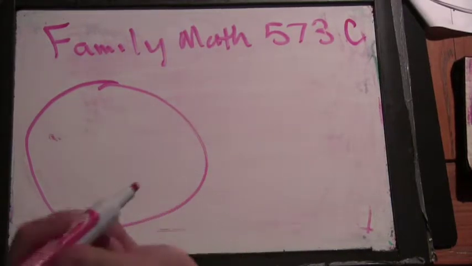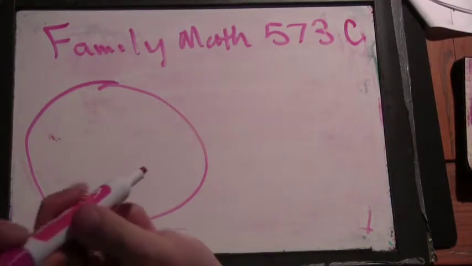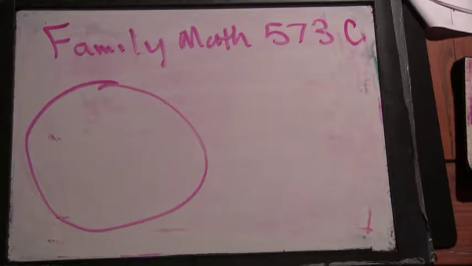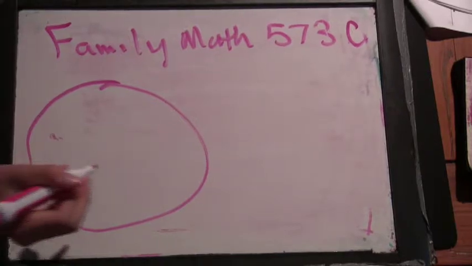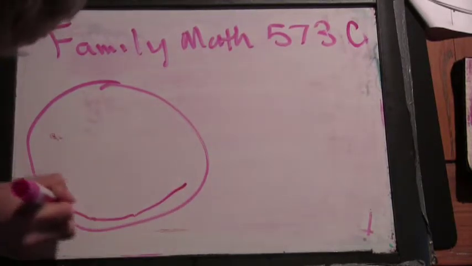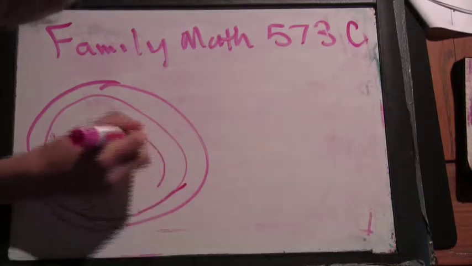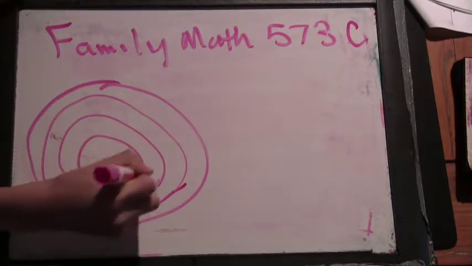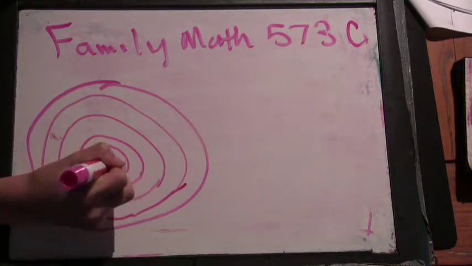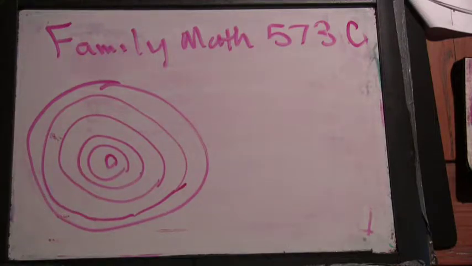Okay, so who wants to try to show how Grant Sanderson found the area of a circle? I will. Okay, so he cut the circle into these rings here. And then